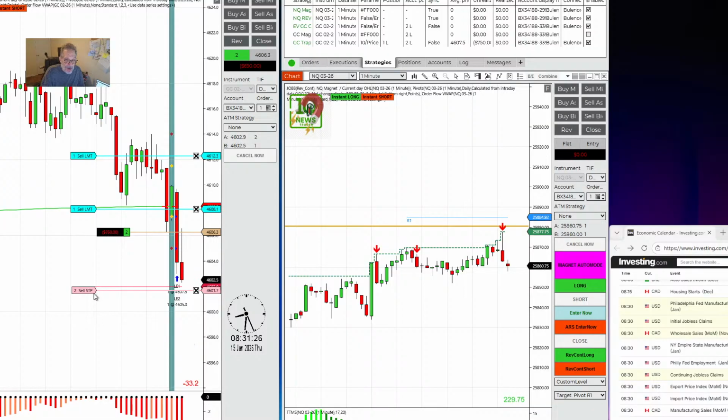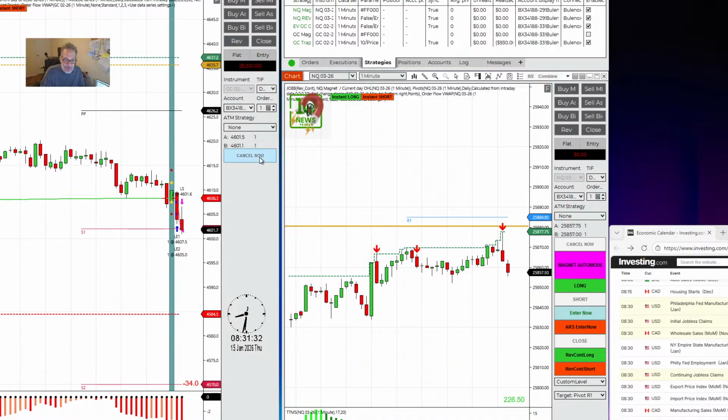So I think the odds of this trade failing are great. Order canceled. Continued jobless claims 1.884 million, lower than forecast of 1.897 million, prior revised to 1.903 million from the original 1.914 million. Another trap trade that just did not work. Another trap that didn't work. The MNQ went up to the high and didn't fill. Should see a little bit of movement towards the upside. It gave a short signal on the dollar index off the back of the initial jobless claims data, which is slightly delayed. Pretty interesting.